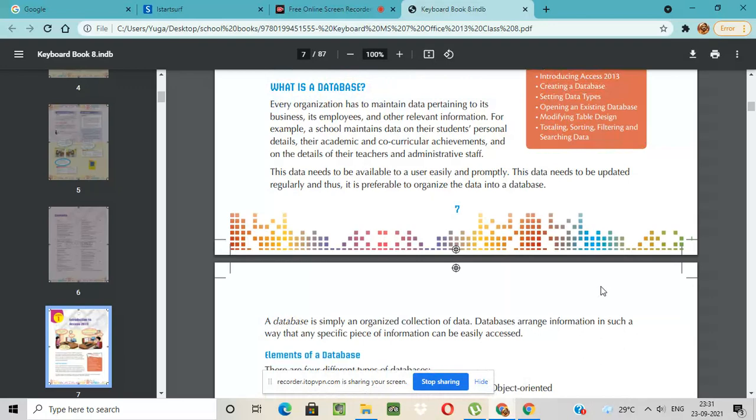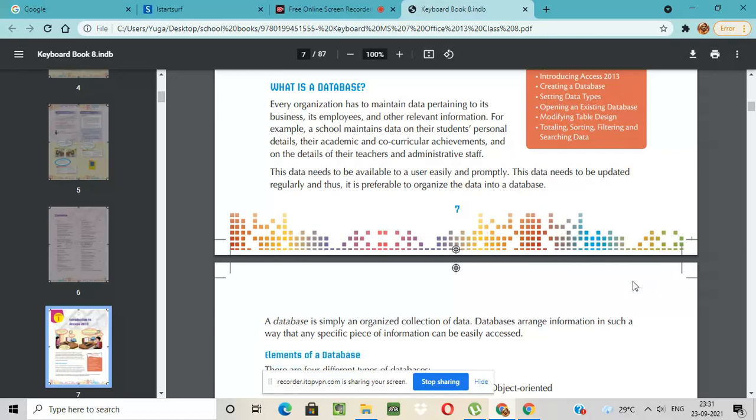Every organization has to maintain data pertaining to its business, its employees, and other relevant information. For example, a school maintains data on their students' personal details, their academic and co-curricular achievements, and on the details of their teachers and administrative staff.